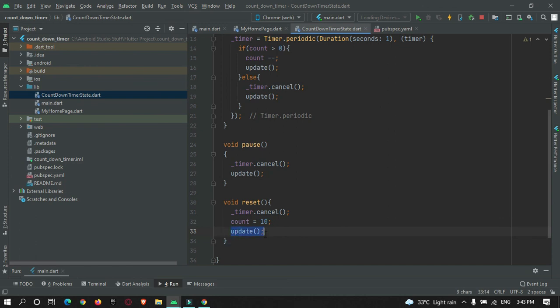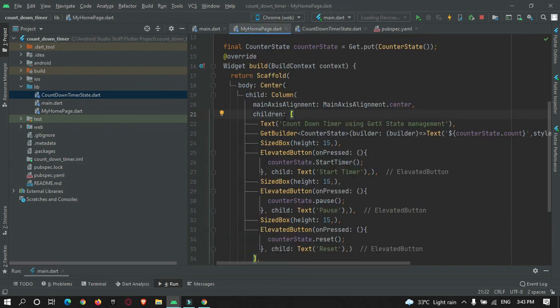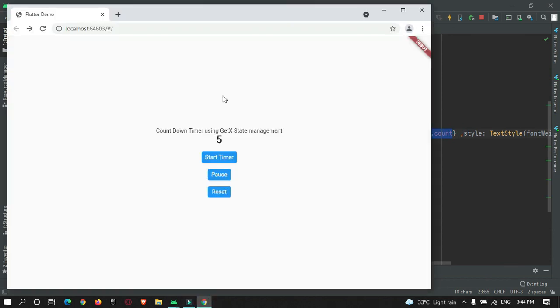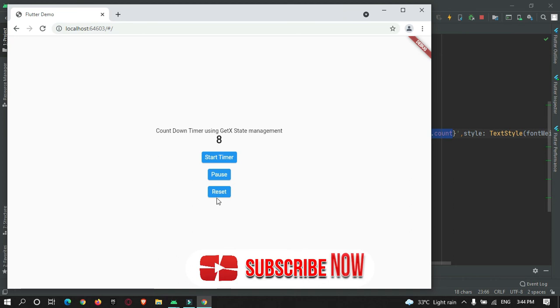As I said, this update function will call the GetBuilder and update that the timer has been reset. So restart: timer started, timer paused, timer reset. You can see.